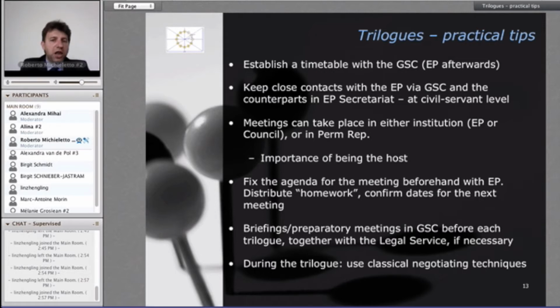This is the reason why a lot of proposals are decided in the first reading agreement, because as you have the opportunity of many trilogues, you don't have pressure, you can find a compromise. When you go to the second reading or even the conciliation, instead we have such different views that it's quite difficult to find a solution. So when you start the second reading or you go to conciliation, it's unlikely that you find a solution. Maybe it's just a tactic to stress or to put pressure on the other institution till the end, or maybe it's just the fact that they have such different views that an agreement cannot be possible.